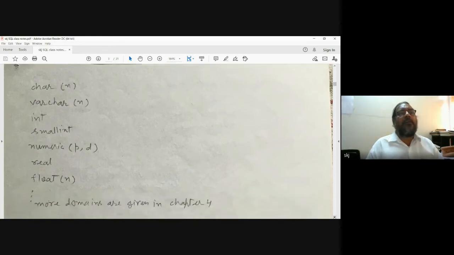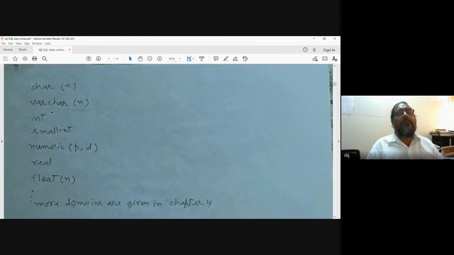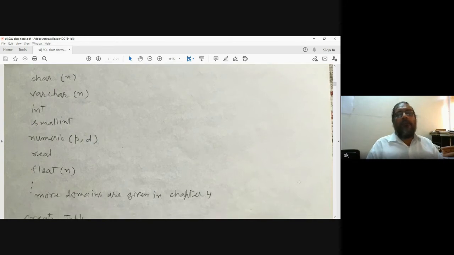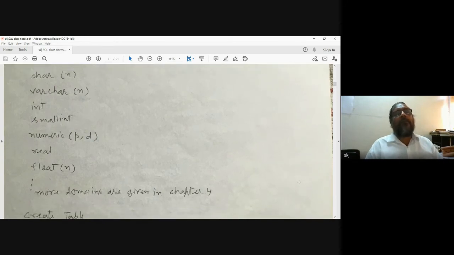This is character type data, character of size n. This is variable character type, then integer type, then small integer, then numeric type, and real, then float, and more domains.